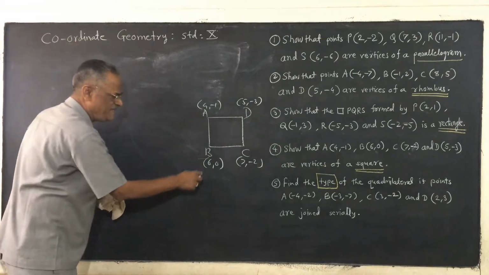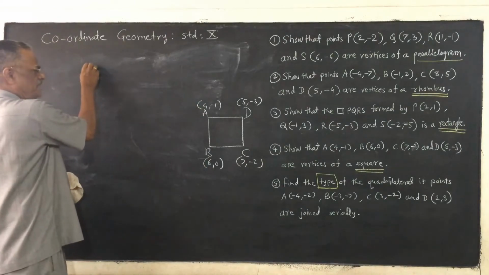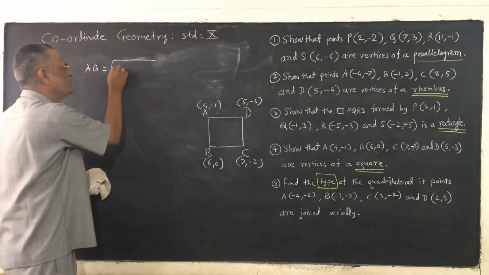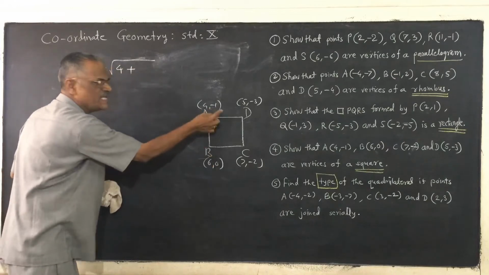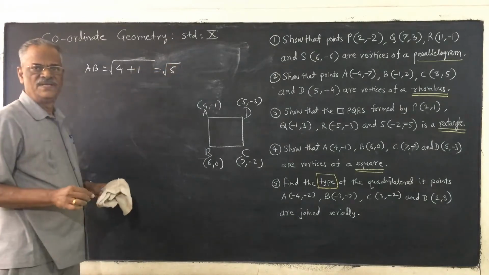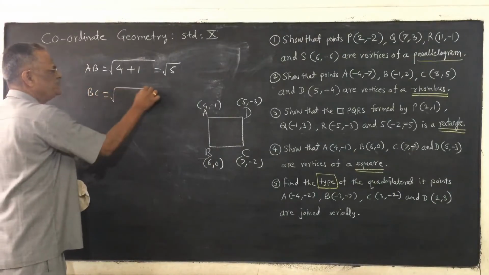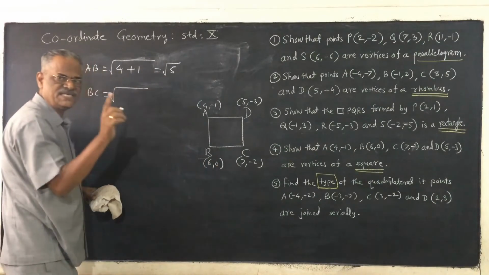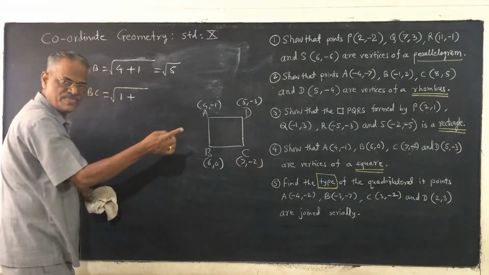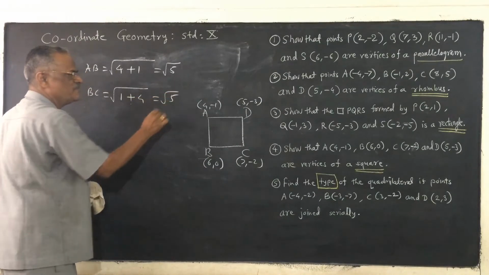Calculate AB first. 6 minus 4, 2. 2 squared is 4. You can find AB by using the distance formula: 6 minus 4 is 2, 2 squared is 4, plus 0 minus -1, it is plus 1, squared is 1. So what is the side AB? Root 5. BC, you can calculate by using the distance formula. 7 minus 6 is 1, 1 squared is 1, plus -2 minus 0, it is -2 squared is 4, so you are getting root 5.